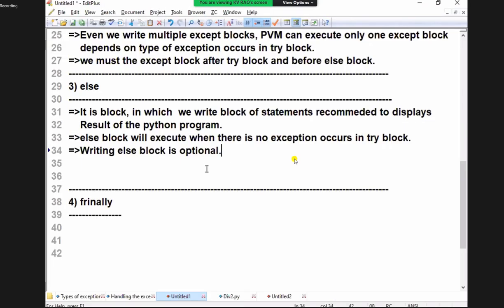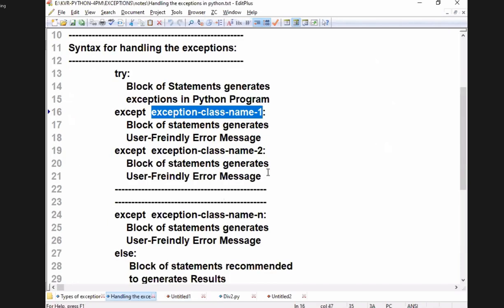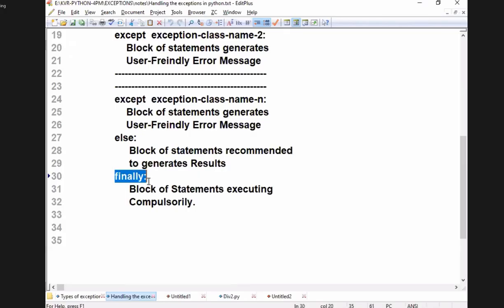Now, what is the placement of writing the else block? See the syntax. The else block is to be written after the except block and before the finally block, provided I write a finally block; I may or may not write a finally block.